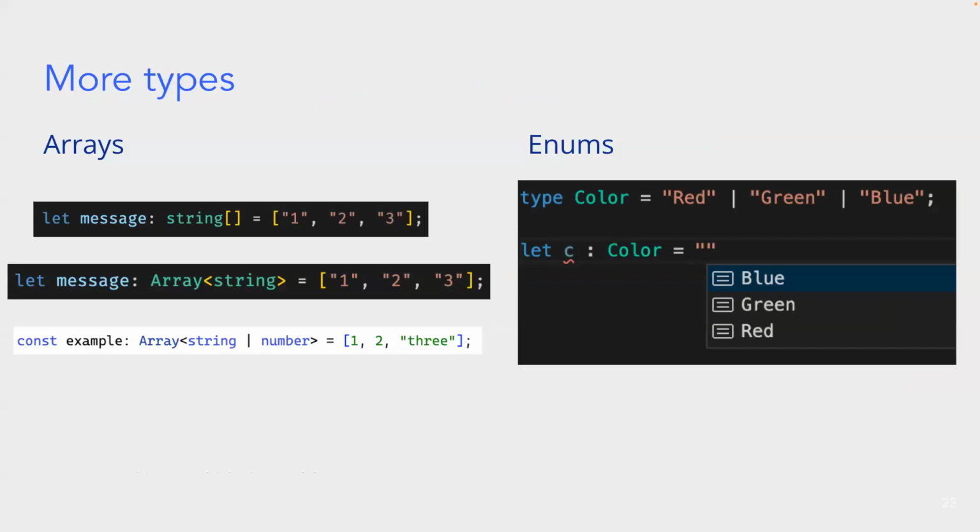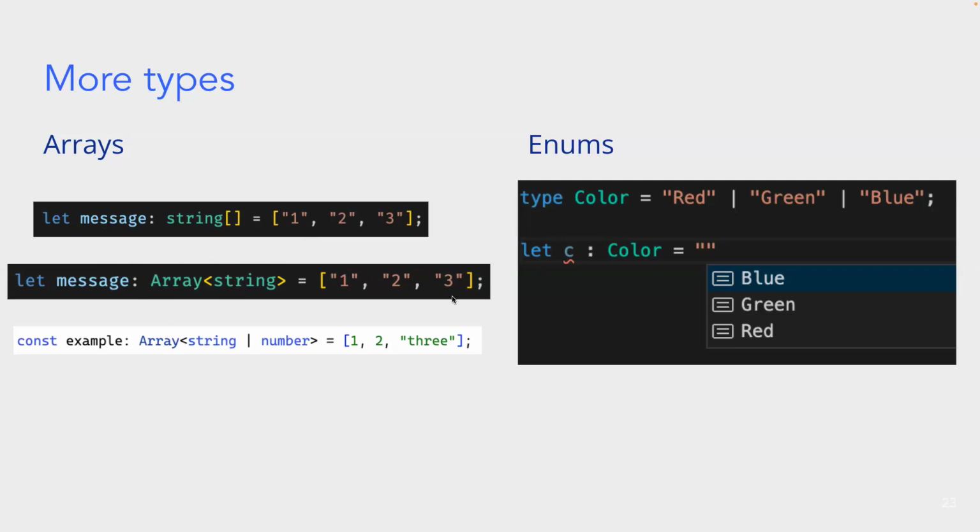All right, so some more types that you should be familiar with are arrays and enums. An array is very similar to how it works in JavaScript, except to assign a variable to type array, you also need to specify what the type of the elements in the array are. And there's two ways you can do this. At the top, you can do type followed by brackets, or you can do Array enclosing the type. But you should specify what the type is within your array if it's not already obvious. So in these two examples, we're restricting the variable message to be specifically an array with elements that are only strings. So you cannot have any other types within the array.